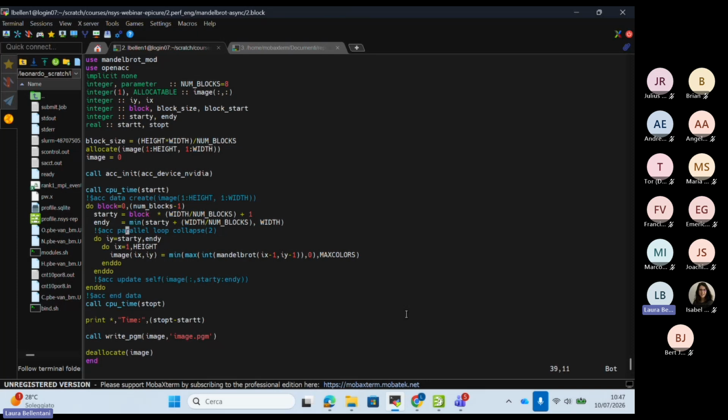So we define the starting index and ending index, and then we reduce the double loop to the local domain of each chunk. We launch one kernel per chunk, and then instead of having a final copy out, we update on the CPU only the portion of the chunk that has been computed on the GPU side.